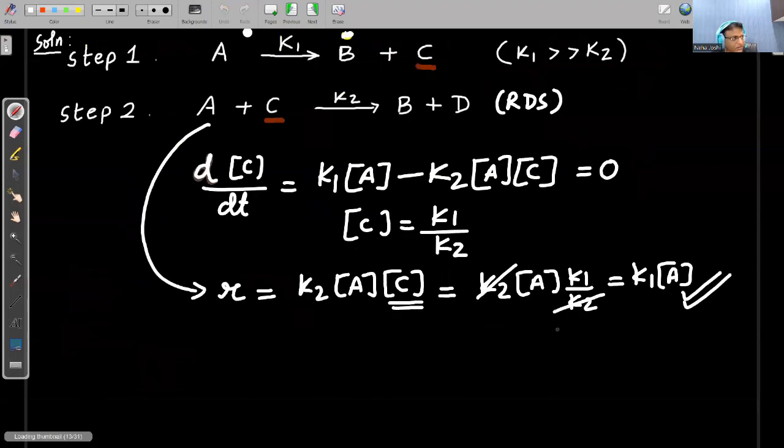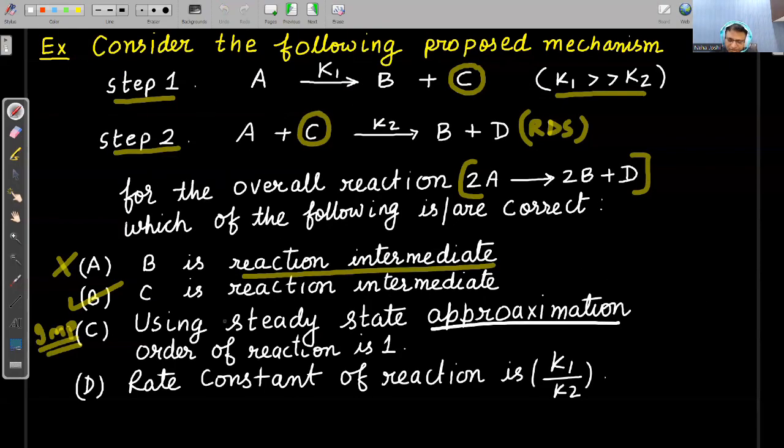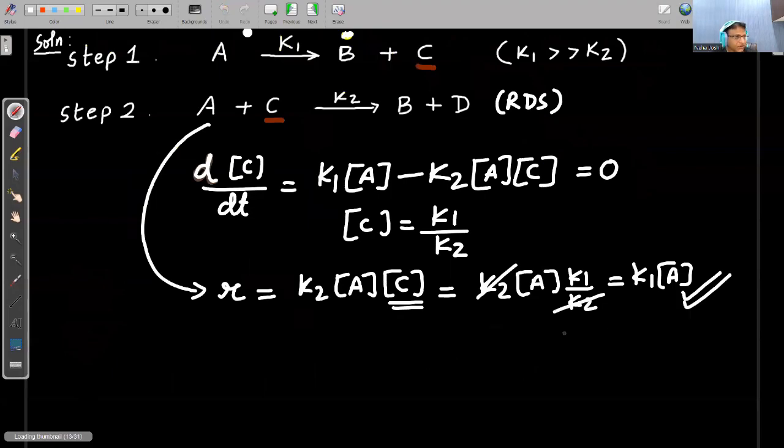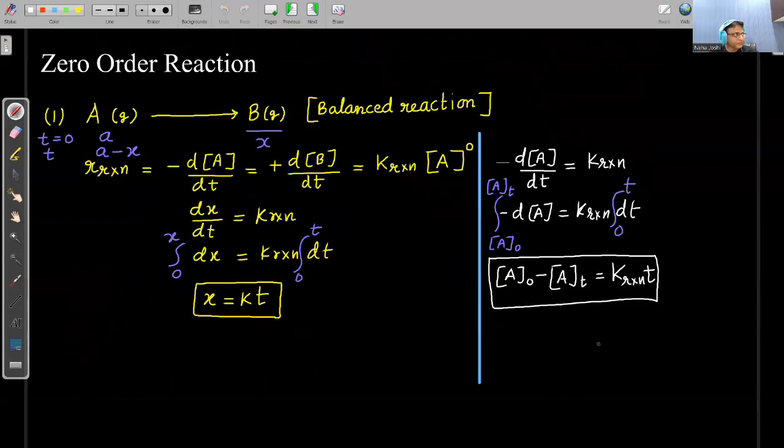क्योंकि रेट लॉ इक्वेशन उस तरह से आ गई जिससे हम ऑर्डर को डिफाइन करें। सो सेकेंड स्टेप इज द रेट डिटरमाइनिंग स्टेप। इसको हमने लिखा, यहाँ से C की वैल्यू पुट करी तो ये वैल्यू आ गई, और ये ऑर्डर हम इस फॉर्म में अगर रेट लॉ इक्वेशन हो तो ऑर्डर डिफाइन कर सकते हैं, ऑर्डर 1 है, राइट। So from there we got that C is correct and D will be wrong, because अगर हम यहाँ से देखें तो रेट कांस्टेंट की वैल्यू K1 आ रही है, ठीक है। आगे बढ़ते हैं।